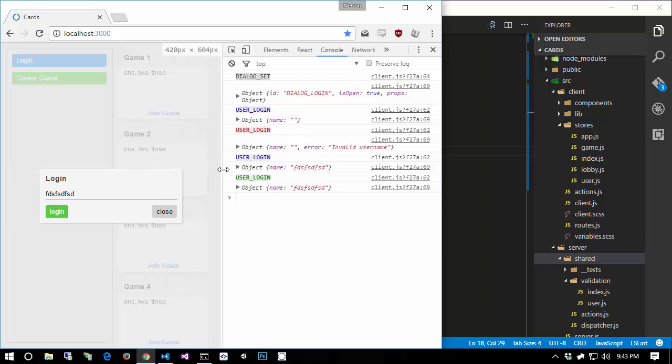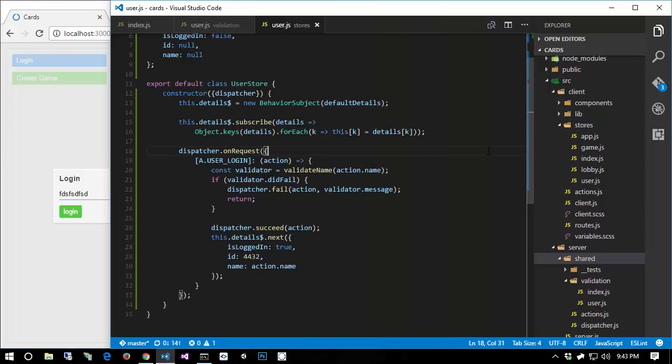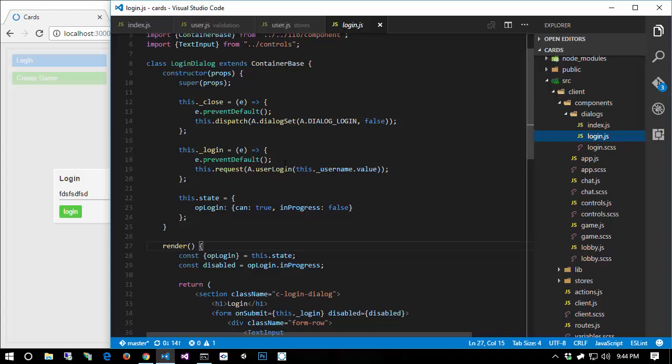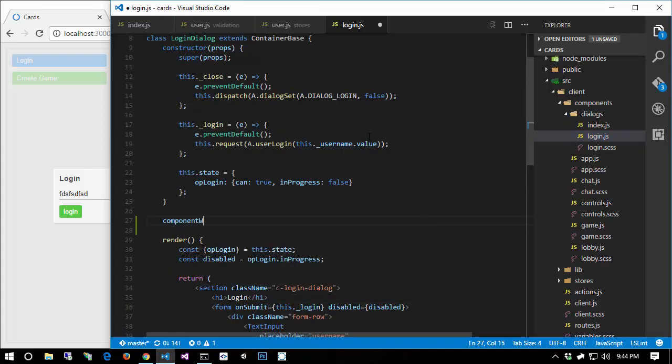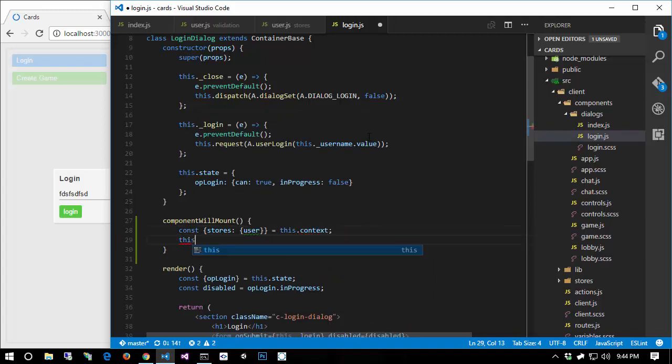But now, for the question of how does this login dialog know that we're logged in? Well, let's have it close automatically if we successfully log in first. So let's jump back into our components dialogs login.js, and we're going to add a method here, and it's going to be componentWillMount. This is where we want all of our subscriptions. I'm going to say const stores: user equals this.context to extract the user context. Then I'm going to say this.subscribe